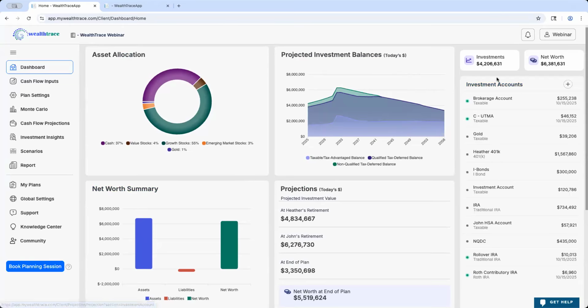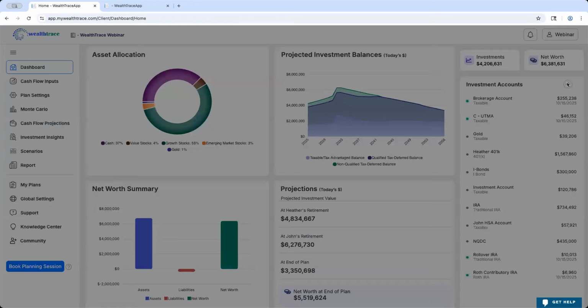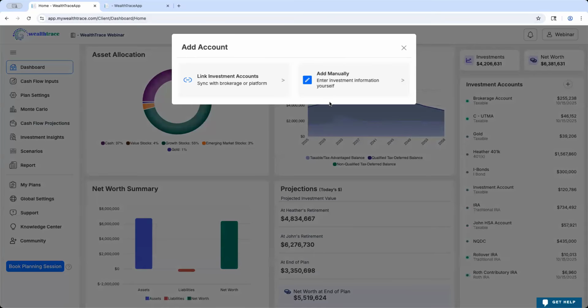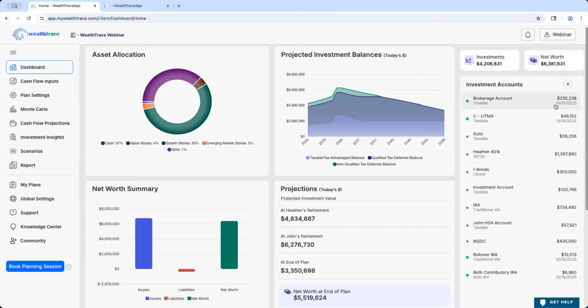On the right-hand side, you can view all the investment accounts that are in your plan. You can see your current total investment balance at the top along with your total net worth. To add an investment account, you can click on this plus icon right here. This will open up a new window where you can either choose to link an account or to manually add an account. The accounts that show a date here and a green little icon are accounts that have been linked through Yodlee. If the account is highlighted in red here, then this means you will need to click on it